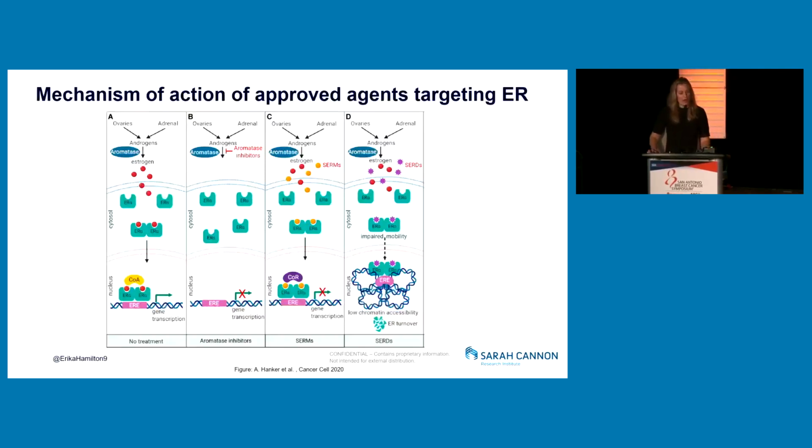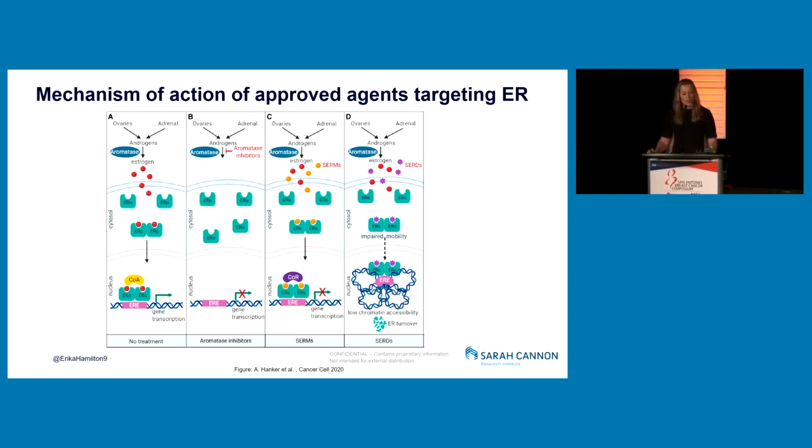So mechanism of action, and I think it's important to get back to this. This is why we see different activity with these agents, because they truly do act in different ways. Normally estrogen binds the estrogen receptor, which gets taken into the nucleus, acting at transcription and downstream processing. With aromatase inhibitors, we're really counting on them preventing the conversion of normal body steroids into estrogen after menopause. And so there is no estrogen to bind to the estrogen receptor, and therefore you can't have the downstream